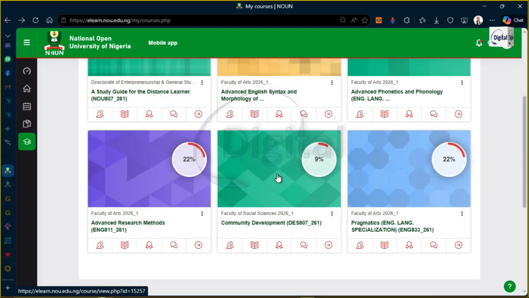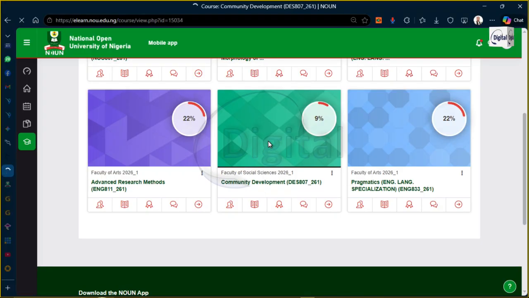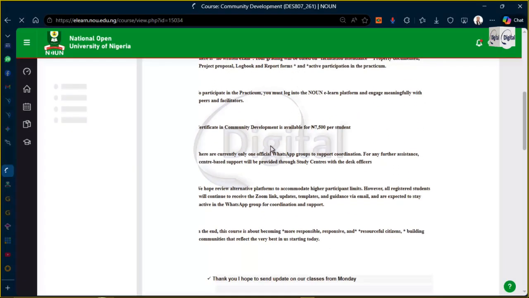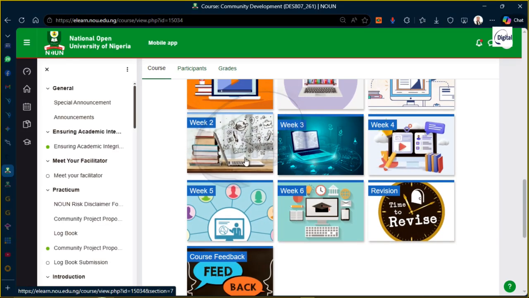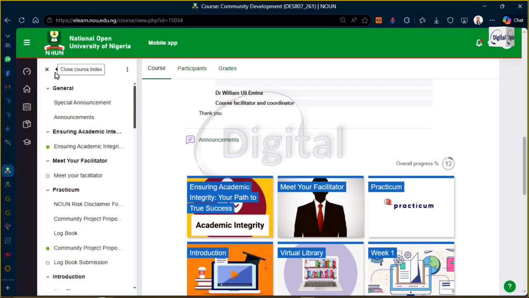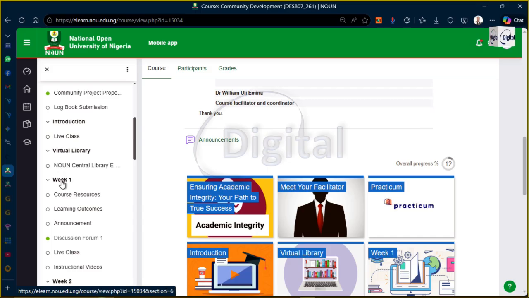For instance, you may wish to visit the sessions for community development. You simply scroll down to community development and then proceed to select a live session. You can do that by navigating to the index column. Any live session where you see live class,